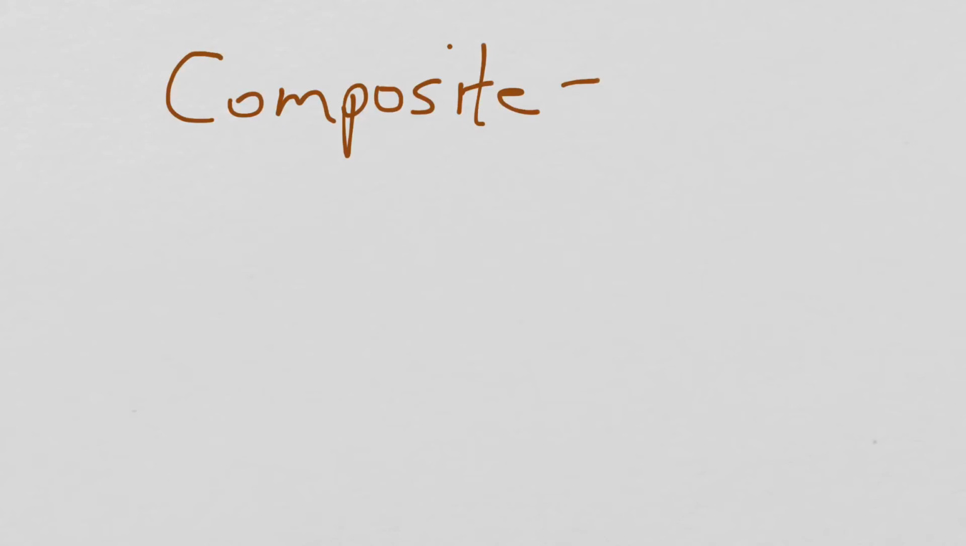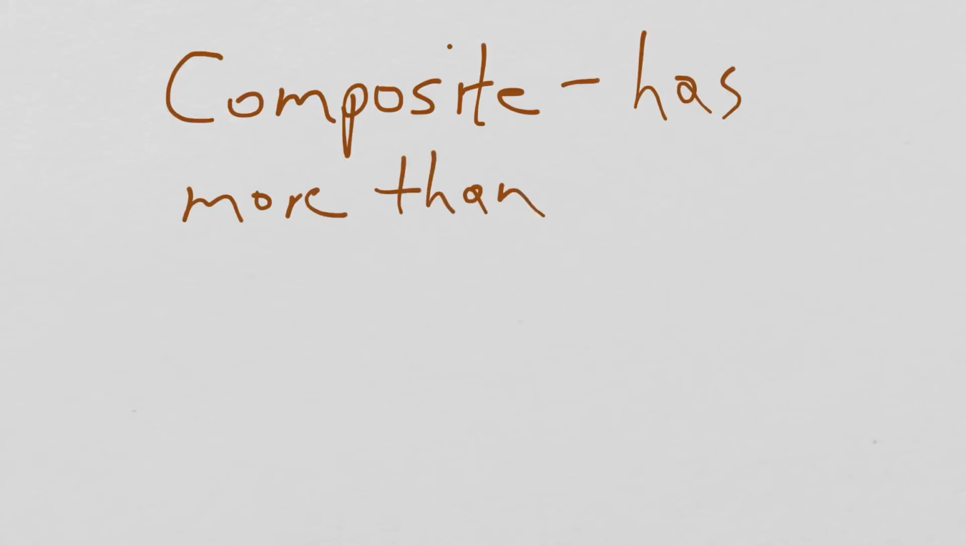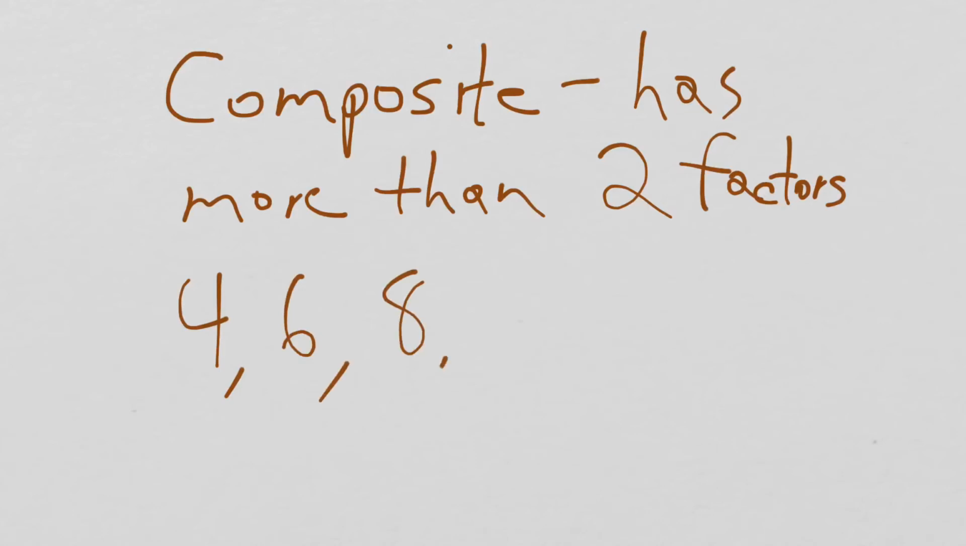A composite number, on the other hand, has more than 2 factors. More than 2. So that's at least 3. And in order to determine whether a number has more than 2 factors, you only have to find at least one factor other than 1 and itself. Some examples of composite numbers would be 4, 6, 8, 9, 15,